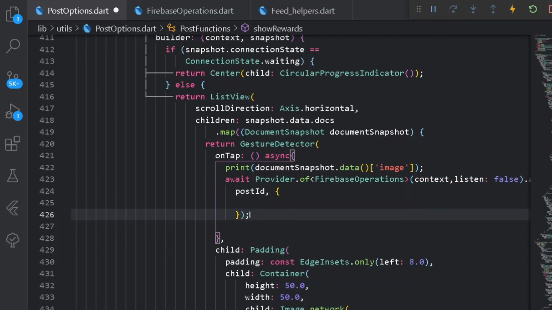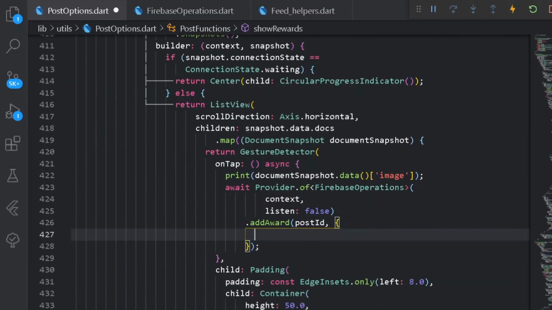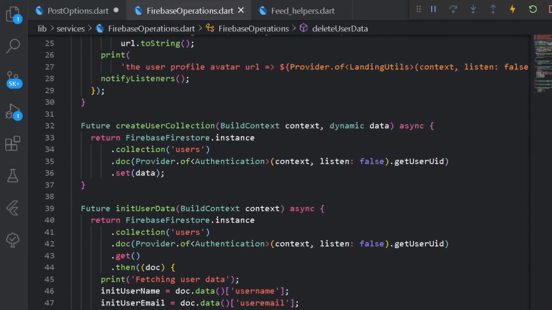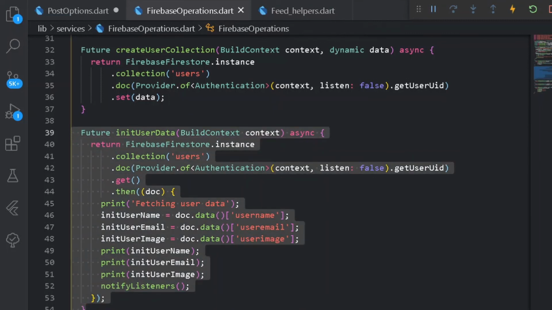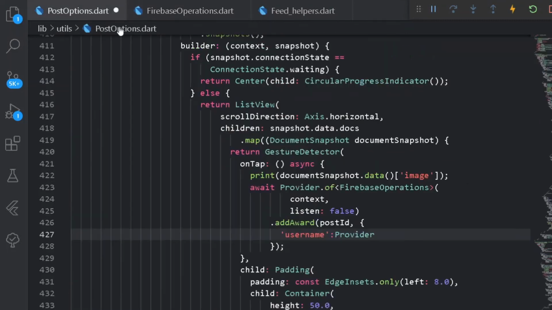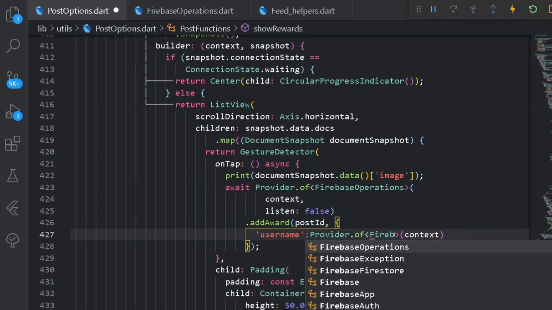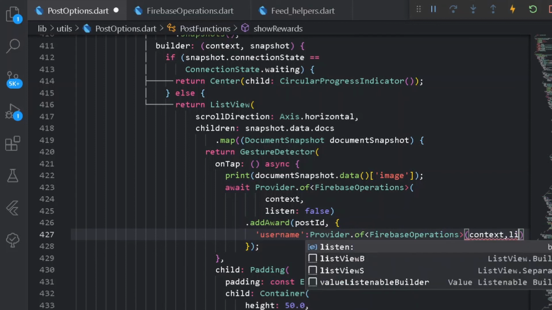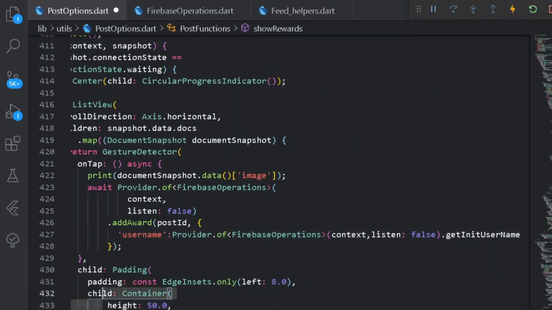Easy. We have provided a post ID, and under the following data, we shall be providing all the data of the user. So for the data, I can go up and have a value of dynamic data. Under the following data, first of all I shall be taking the username. For getting the username, I can use the provider option class, which is presented under our Firebase operations for the init user data method, which only inits all the data of the following user who is currently logged in under our The Social. So for that purpose, I can have Provider.of, and for the context of Firebase operations, here let's set the listen property to false, and after that let's get the init username, and we can copy the entire thing from here.